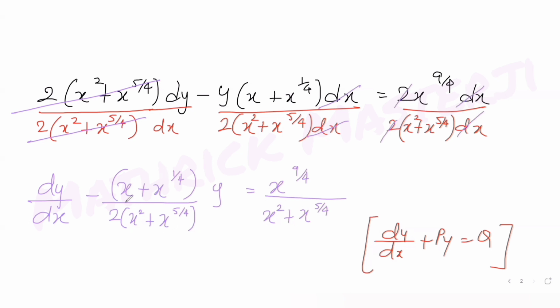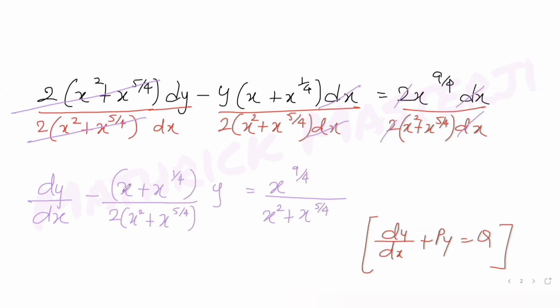But let's try to simplify the values of P and Q if we can. If I try to simplify this, from x² + x^(5/4), 5/4 is smaller, right? So I will try to take out x^(5/4) common here. Let's see what we are left with. We get dy/dx minus. Here also I can see x^(1/4) and this is x, so nothing is there, meaning you have 1 here. So 1 is greater than 1/4. If I take out 1/4 common, I'm left with